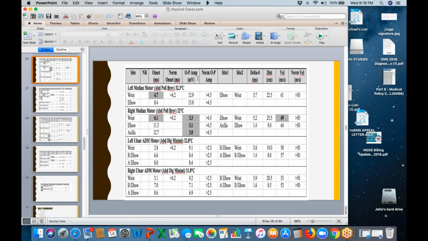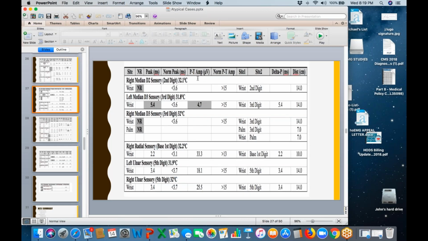The sensories, for the upper extremity sensories, now usually in polyneuropathies, in textbook polyneuropathies, the sensories are involved first and more pronounced and diffusely. But in this case, the radial sensory was normal. The ulnar sensories were both normal and pretty standard looking, and the findings in the sensory nerve were localized to just the median nerve in the upper extremities,